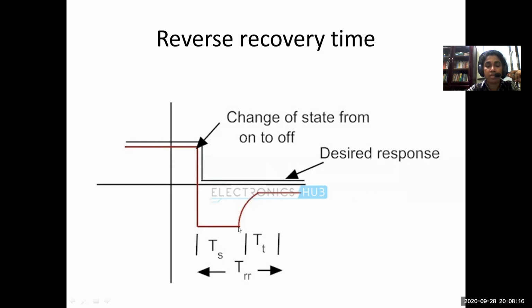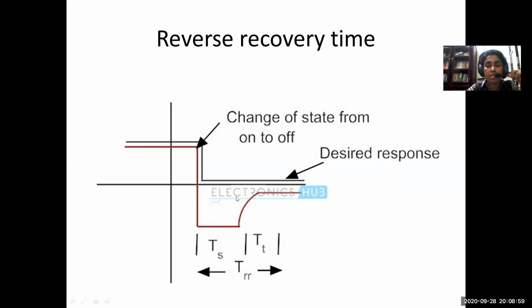So from here, at this point the current was very high, and at this instant the stored charges were completely removed, and then the current carried by the minority carriers is the only current present, and that will be very small. So the current will fall to this very small value, a reverse negative value. The only thing is that it is in the opposite direction to the current which was flowing in the previous case. Okay, so that time taken for the high current to fall to the small value is referred to as the transition time. So during this time it is making a transition from the on state to the off state.